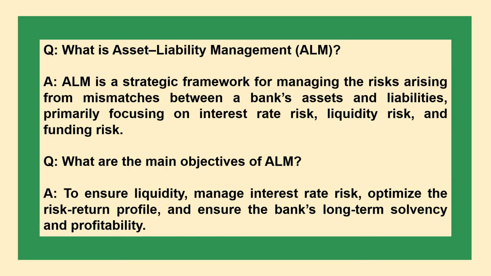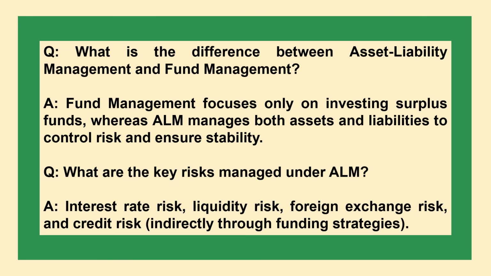Question: what are the main objectives of ALM? Answer: to ensure liquidity, manage interest rate risk, optimize the risk-return profile, and ensure the bank's long-term solvency and profitability. Question: what is the difference between asset liability management and fund management? Answer: fund management focuses only on investing surplus funds, whereas ALM manages both assets and liabilities to control risk and